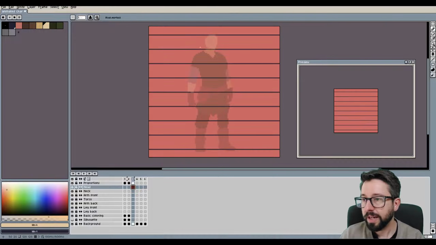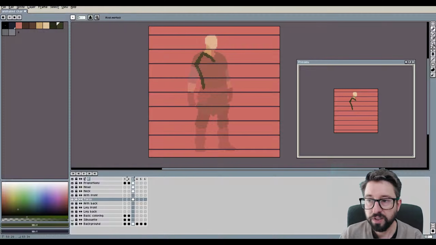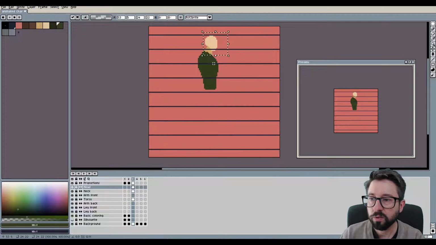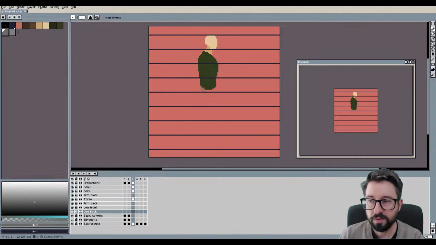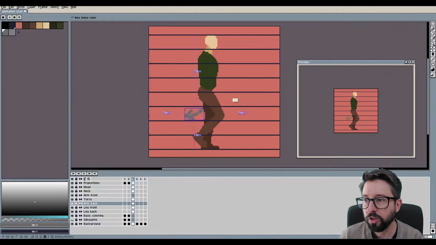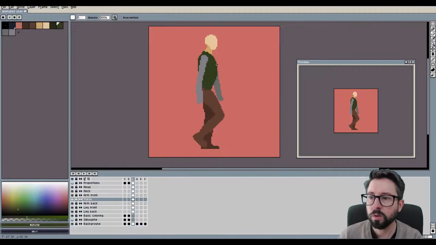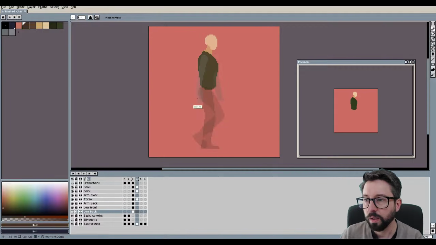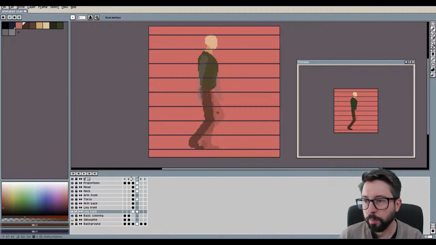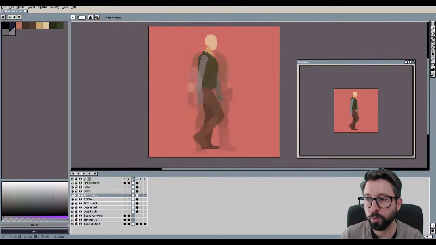So the first thing that really helps with creating the individual frames of the animation, especially with a character of this size, is to have a few horizontal lines in place that you can use as guidelines to keep the proportions of the character intact. Otherwise, especially when you are just starting out with creating larger characters and animation, it is very easy to end up with arms and legs being too short or too long, the head being too big, etc. So having those lines with a distance from each other that is roughly the size of the character's head and placing the center line around the hip of the character helps with maintaining the character's proportions overall.